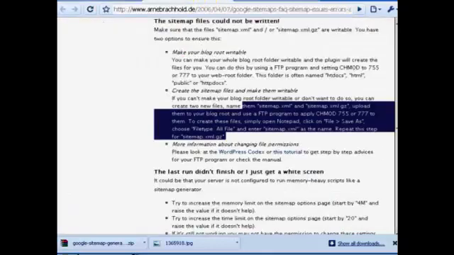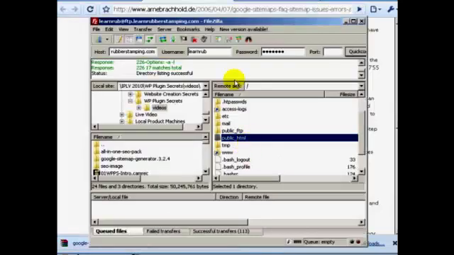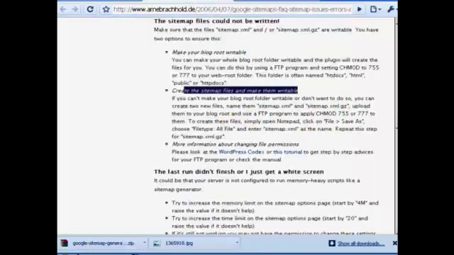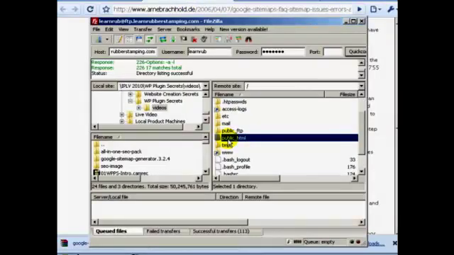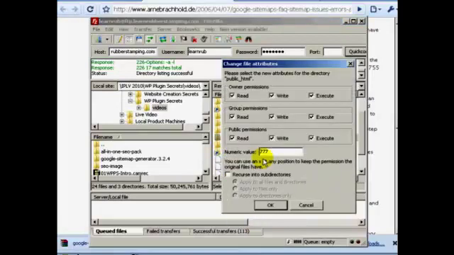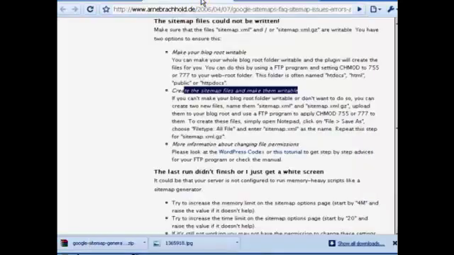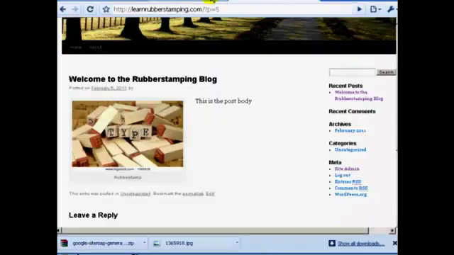Now, if you go back to FAQ, it says you can create sitemap files. Let's say you don't want to make this file 777. If you don't want to do that, you can always follow these instructions, and they're really not hard to implement. If I click file permissions, remember they were at 750 earlier. I want to change that back to 750 so that somebody can't just hack into the site and stuff like that. So I'll enclose this,